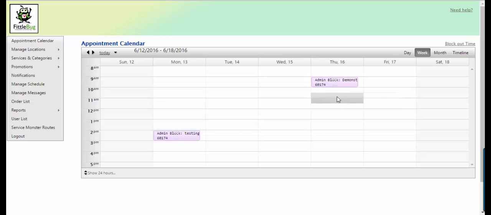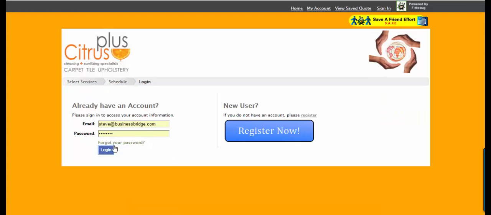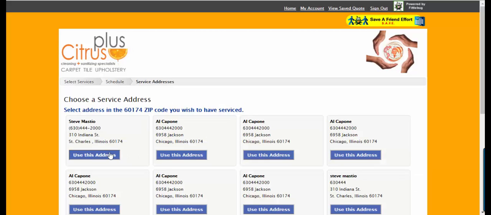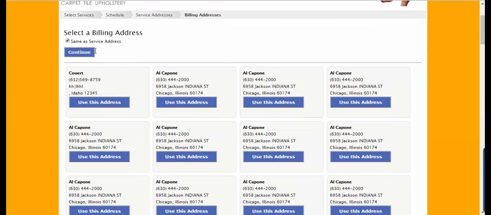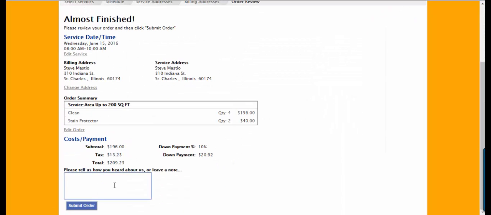You can also, it will pre-fill in the information on your calendar if they book online. Let me just go ahead and do a real quick one this way. I've gone ahead and just placed an order of some areas to be cleaned, and I'll just choose the 15th. And I'll log in, and it will use my account. So we'll use this address, same billing address. And now this is just like a consumer would book, and I'll just put a message in here,